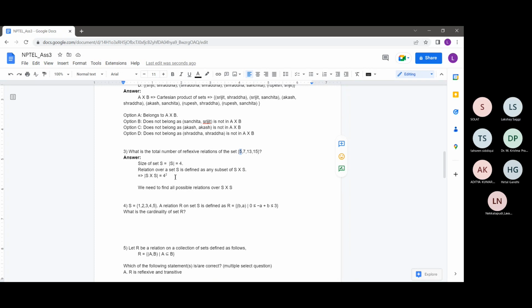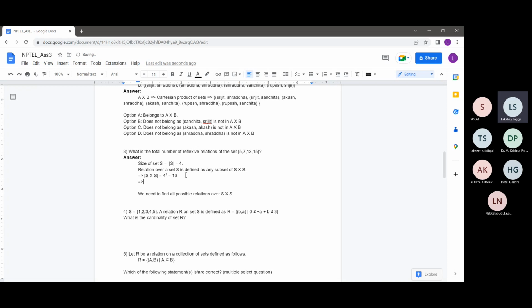There are 4 elements, and these can be paired with all the 4 elements of S. So there will be 4 square possible pairings. So basically the size of S cross S is 16. So what this means is that the number of possible subsets